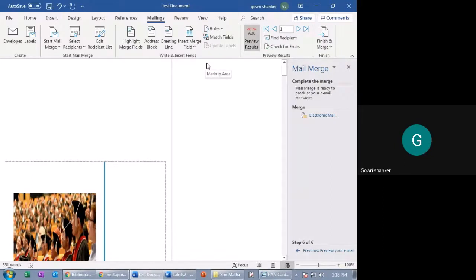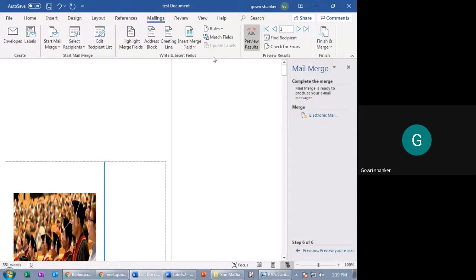Just like how you open your mail ID and type greetings for the day, Mr. Gauri Shankar, you are called for an interview for the job description of SAP FICO for so and so. The similar way you can do it here also, but only thing is you're not directly logging into Google, you're doing it in Word. From this Word, you are connecting to the Outlook with your proper Gmail ID or whatever the mail ID, then you are sending it to the concerned person. That's it. Instead of going and attaching, you are using the same document as a mail merge. That's it. Right?